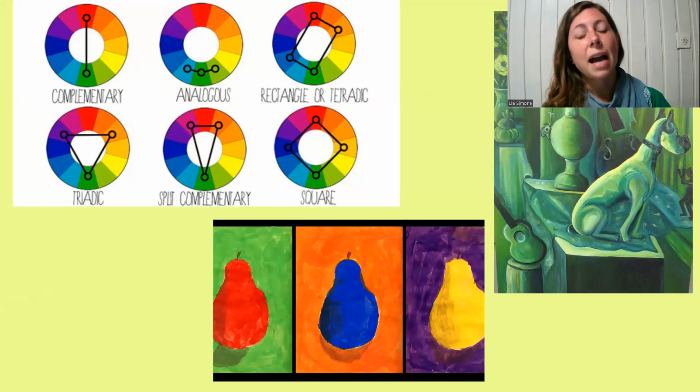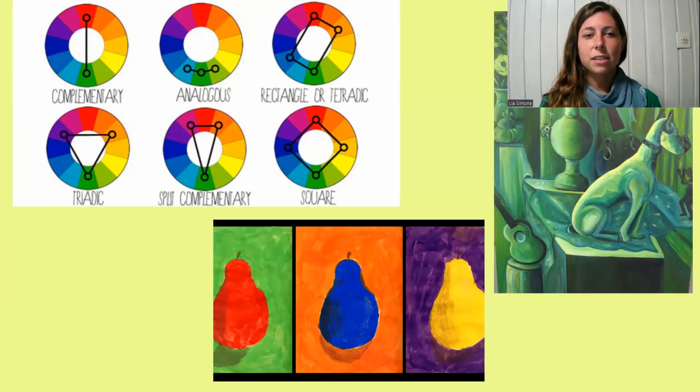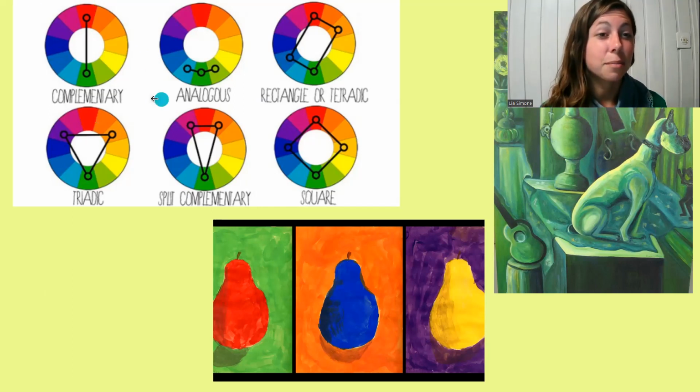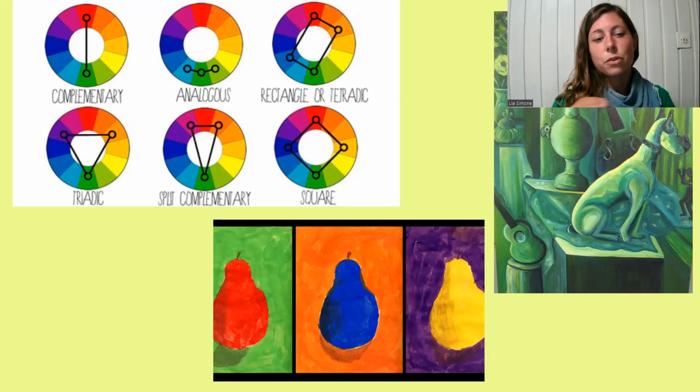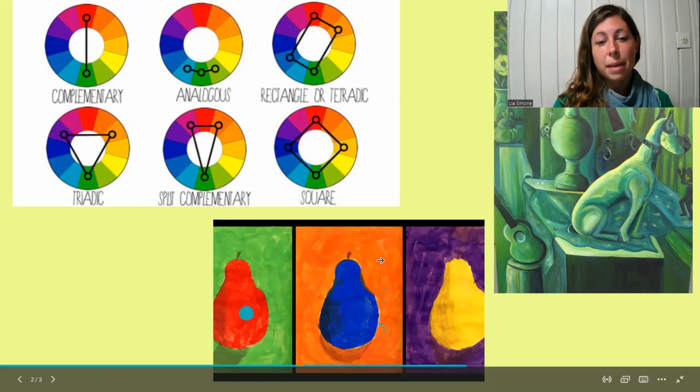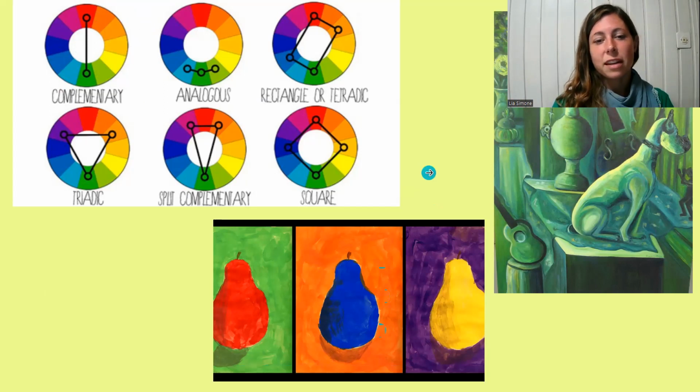These are some different patterns on the color wheel that create different effects when we choose different colors according to these patterns. So for example, the first one, complementary, is two opposite colors. When you work with opposing colors on the color wheel, they have a very bright opposing energy. They stand out very strong. So this bottom picture with the pairs is a perfect example of these contrasting colors.